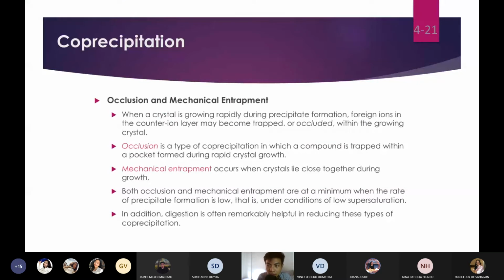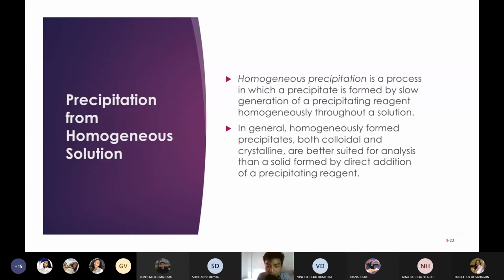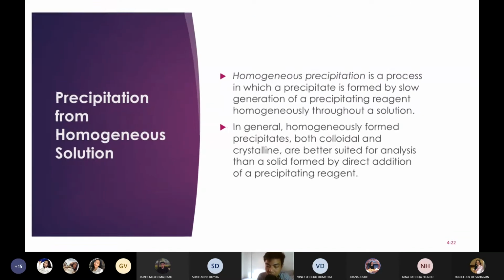So hayaan mo na lang yan mag-stand sa solution for hours. Hayaan mo yan mag-form ng precipitates over time. Then dun mo na lang siya galawin. Okay? Kasi kapag minadali mo yan, papangit yung quality ng iyong precipitate. Okay? And then last one,